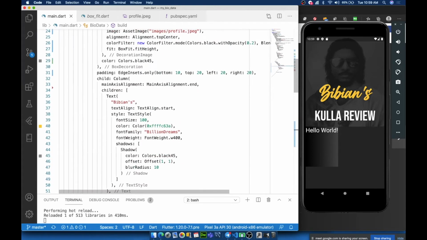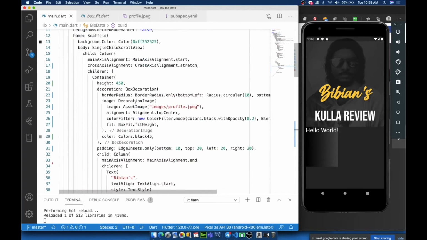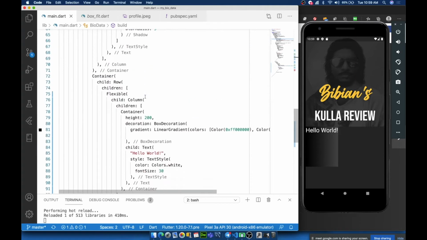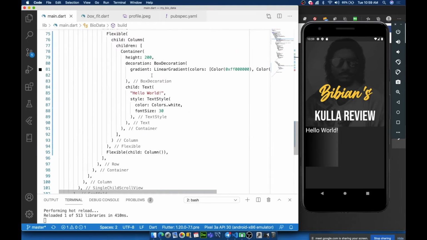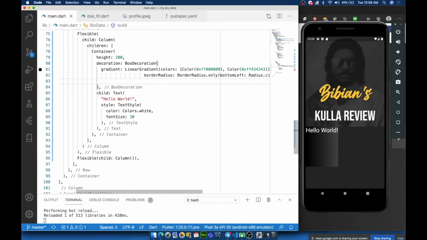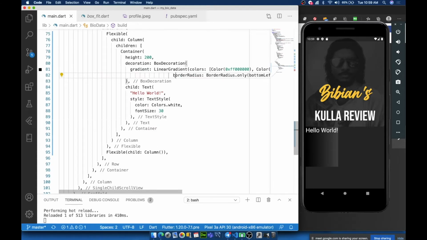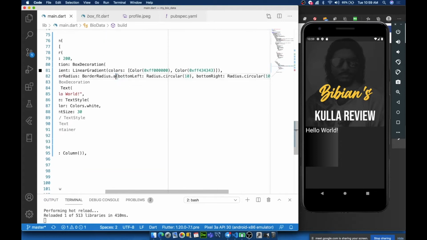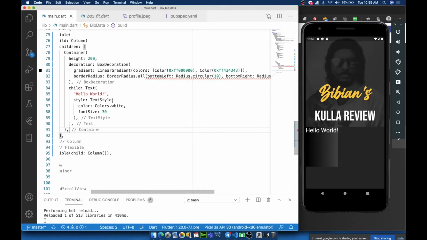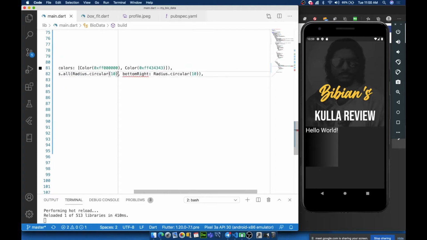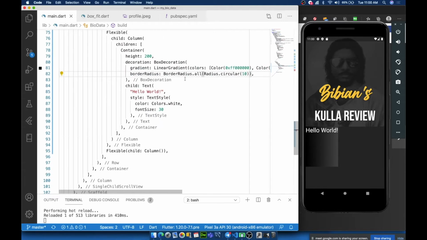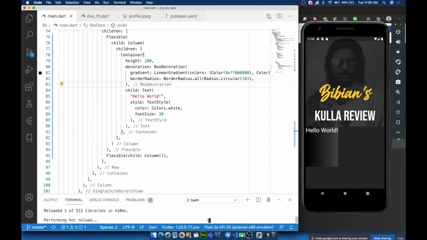Let me just copy paste the border thing from the above. Okay, that looks better.